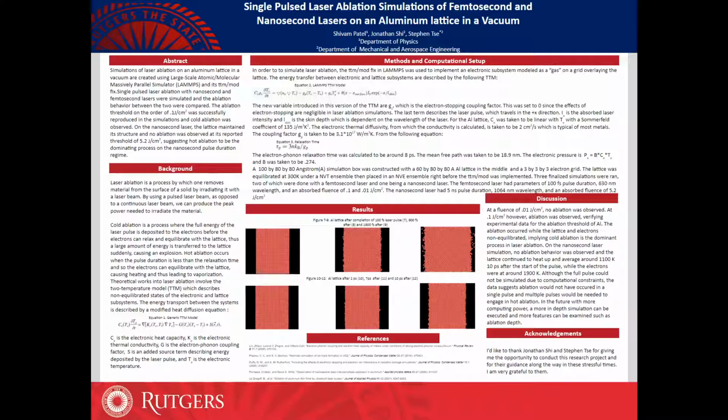So for my actual simulation, the simulation box was 100 by 80 by 80 angstroms, and the actual lattice was 60 by 80 by 80 angstroms, and I used a 3 by 3 by 3 electron grid. It was equilibrated at 300 Kelvin under an NVT ensemble and placed in an NVE ensemble right before the TTM model was implemented. And I ran 3 finalized runs, 2 being femtosecond lasers, and 1 being a nanosecond laser, and the parameters are listed there. So results, the first 3 set of pictures are from my femtosecond